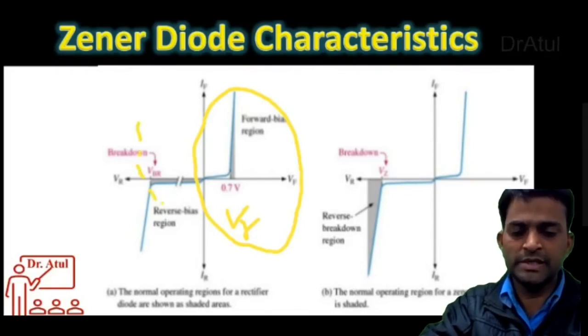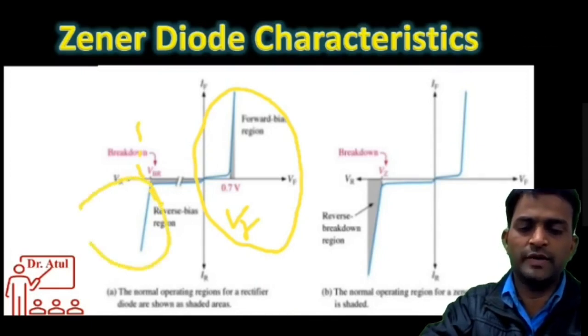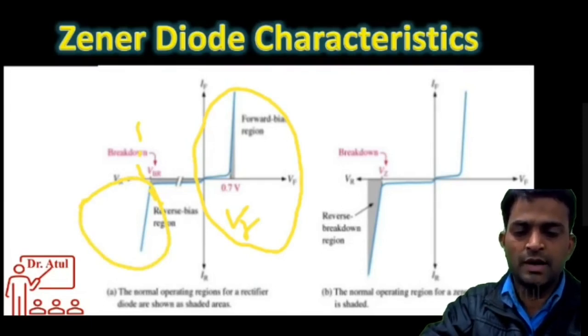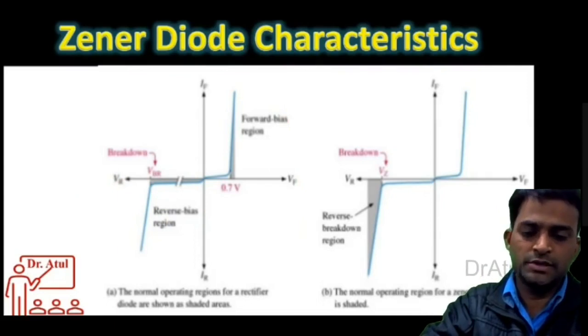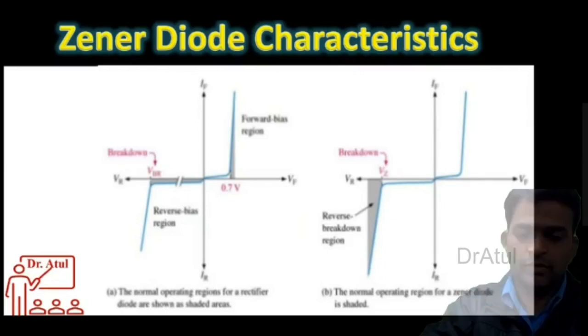In reverse bias, you can see that up to a certain voltage there is no current or a very small reverse saturation current. So this is called the reverse bias region, and in this region the normal diode doesn't work. This region is for the Zener. So you can see there is a shaded region for